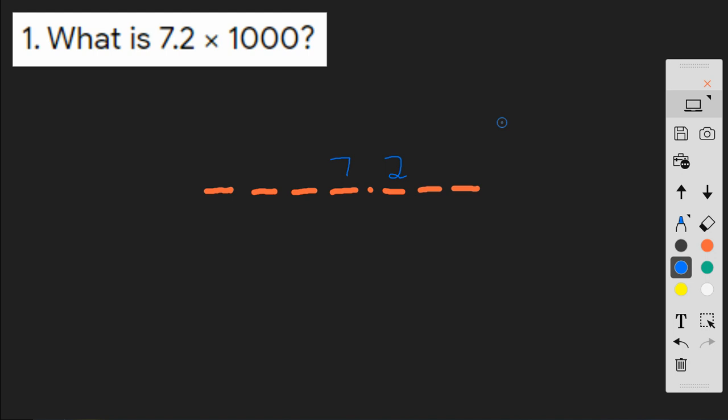Okay, so I've written my number in my columns here. And I'm just going to write the value of each of these columns and make sure that we're clear about that. So this is the ones column, tens column, hundreds column, thousands column, tenths, hundredths, thousandths. And our decimal point